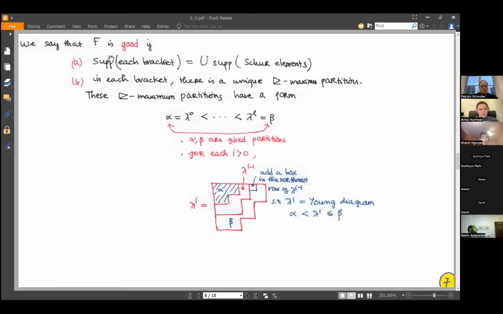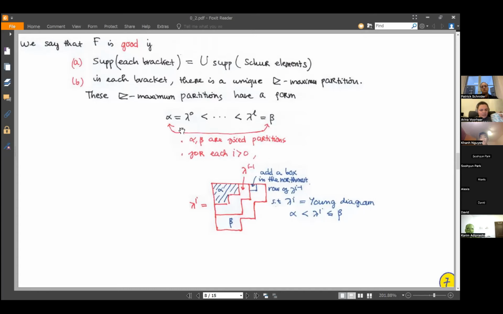And we say that f is a good symmetric function if it satisfies two conditions, A and B. The first condition A states that the support of each bracket equals the union of the supports of the Schur elements inside the bracket. And condition B says that in each bracket there is a unique dominant maximum partition, and the set of dominant maximum partitions have a form